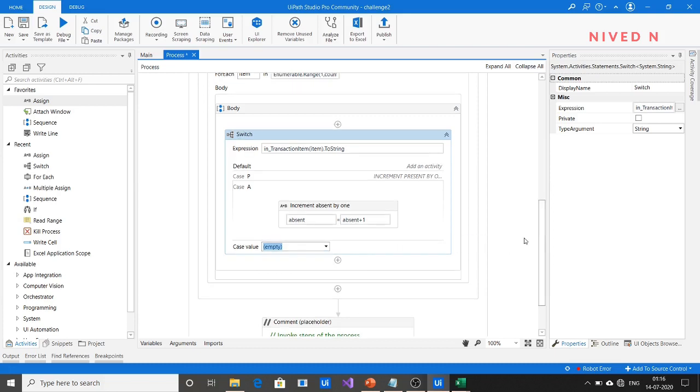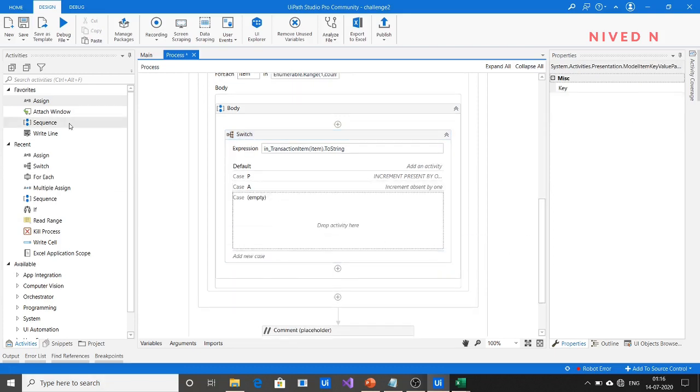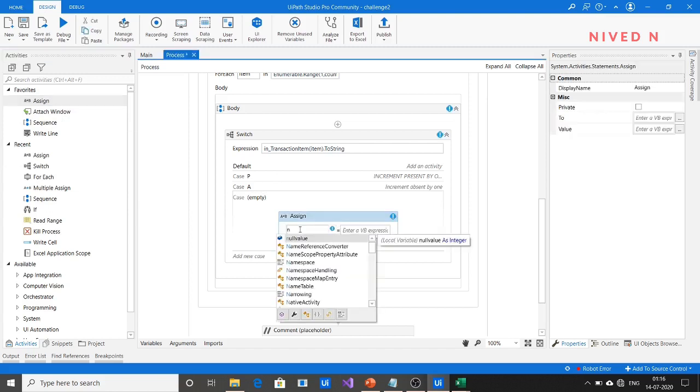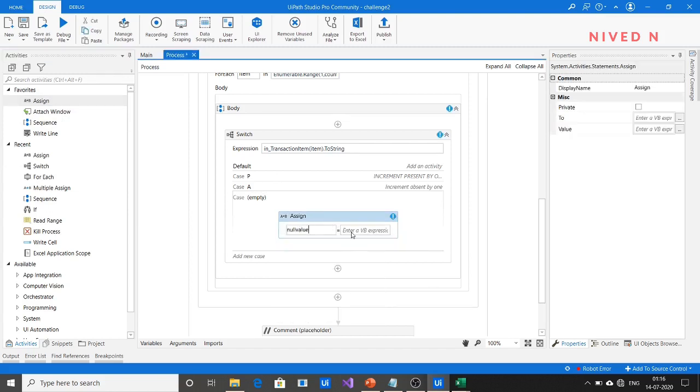When the case value is empty, what is the condition you have to provide? You have to increment the null value: null value equals null value plus 1. That is, you have to specify it here as increment null value by 1.